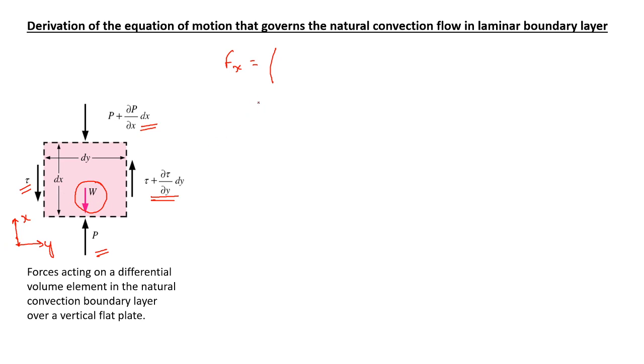Taking this into account, I'm writing it directly after subtraction: this is the shear stress term times dy. To convert it into shear force, we have to multiply it by the area dx dot 1. See, from this figure, this has a negative sign, so minus del p over del x times dx, times the area. This is again pressure, and after multiplying with the area it becomes pressure force. Again, the weight is rho times g, times the volume dx dot dy dot 1.